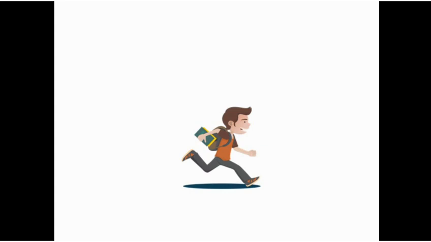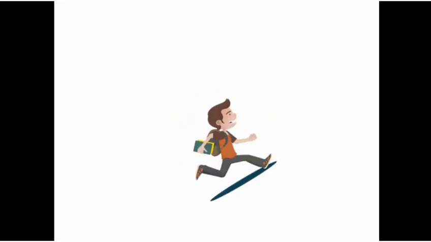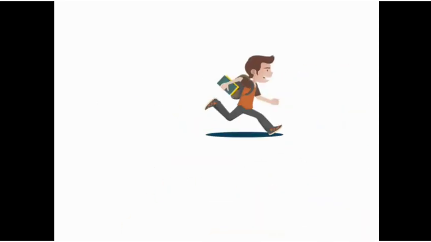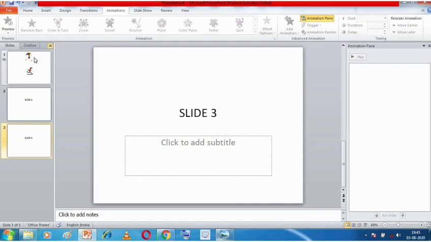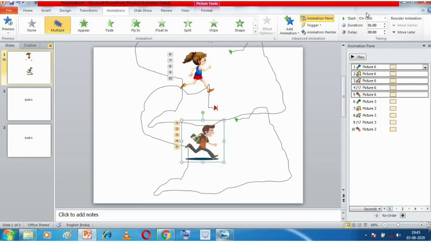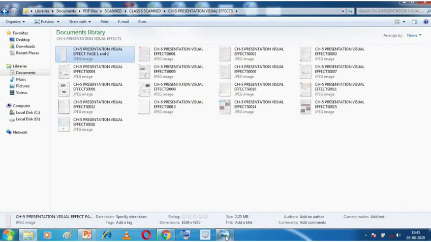Now what about third? Again I have to click on the mouse. So see, this is the third animation. Again I have to click on the mouse for the fourth animation. Again I have to click for the fifth animation. Now see, the sixth animation is not happening. So when I click on the mouse 6 times, now it is happening, and so on. Every time I have to click on the mouse, and only then that particular animation will happen. Why? Because I have chosen the option start on click. So this is the meaning of start on click.